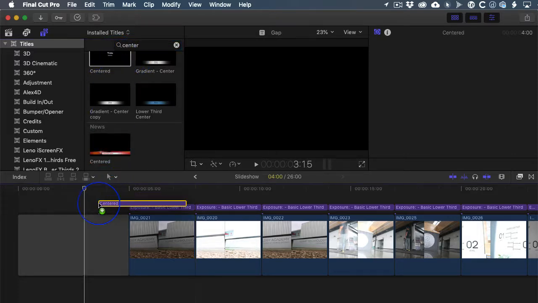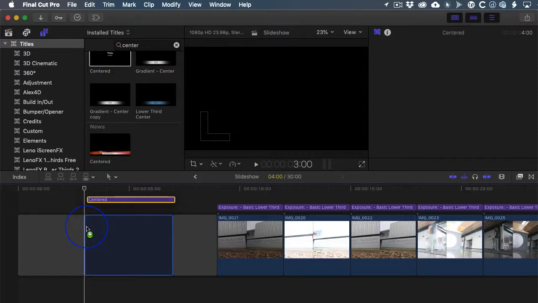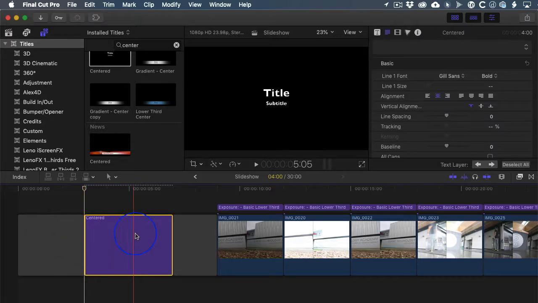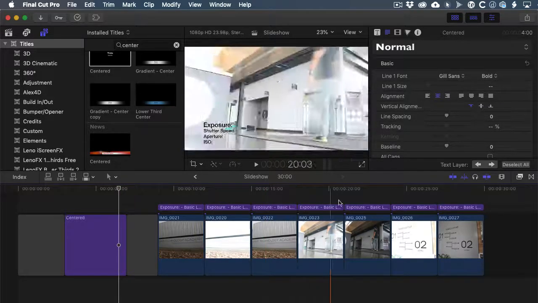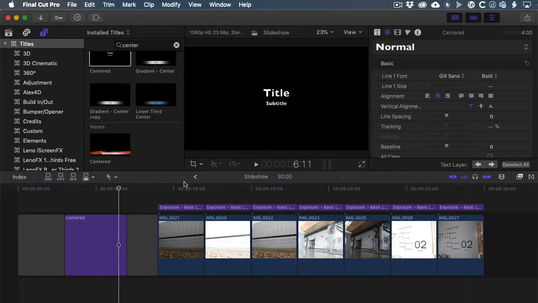In this case, instead of dragging it above, I'm going to go ahead and put it in what we call the primary storyline. This is where I'll put the information that we're calling a title slate. That's what it's going to look like. And then I'm going to hit Shift Z one more time just to get a look at my project start to finish. Again, I'm going to fill out that information for all those title cards,